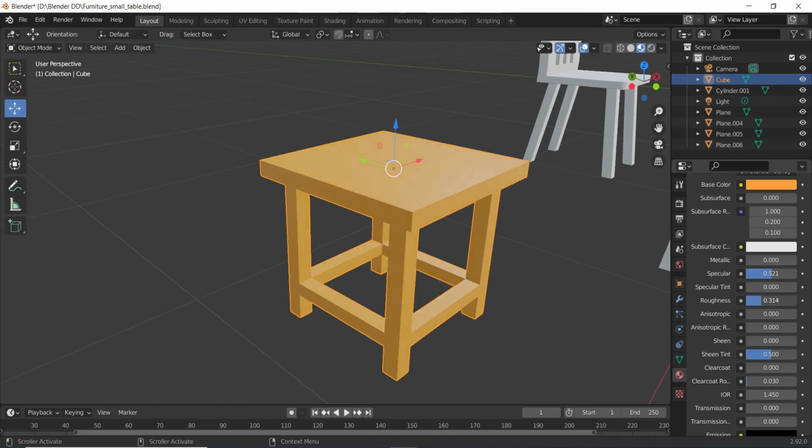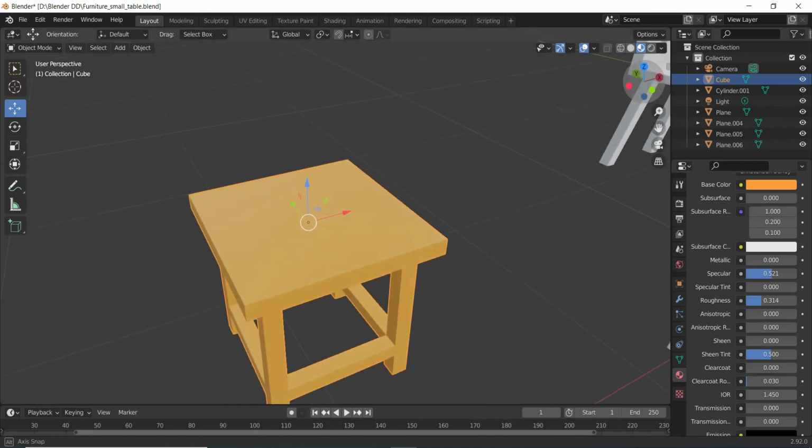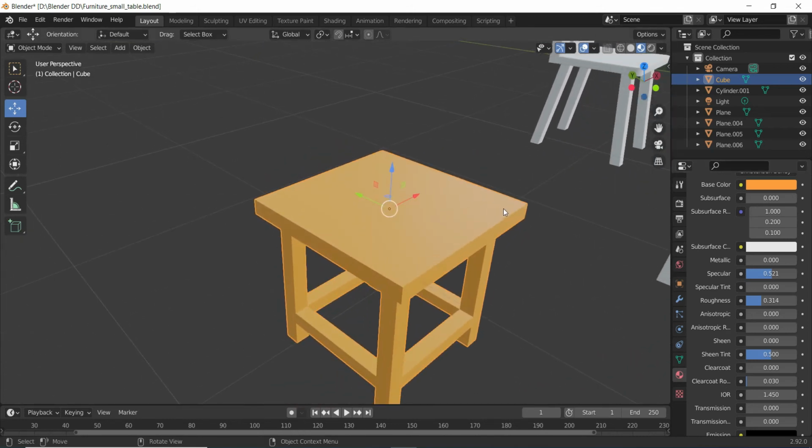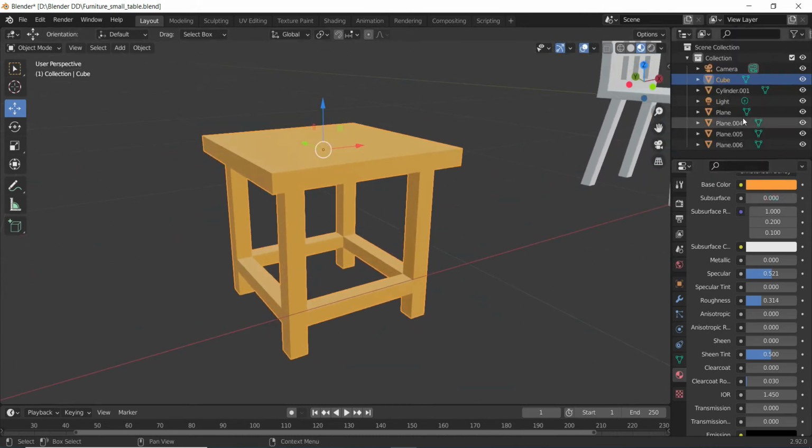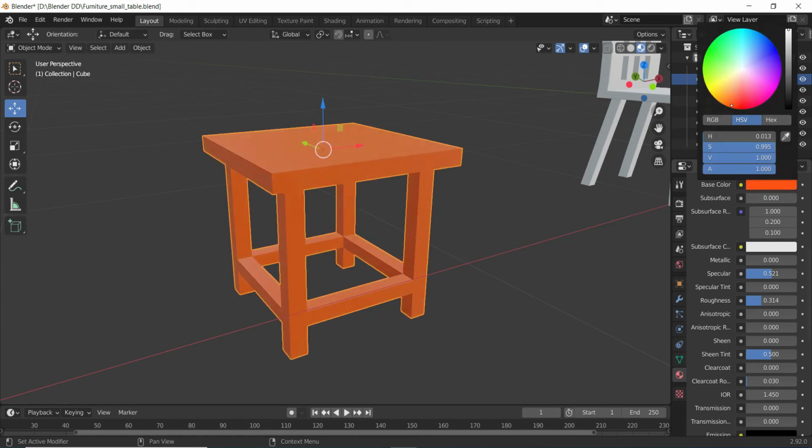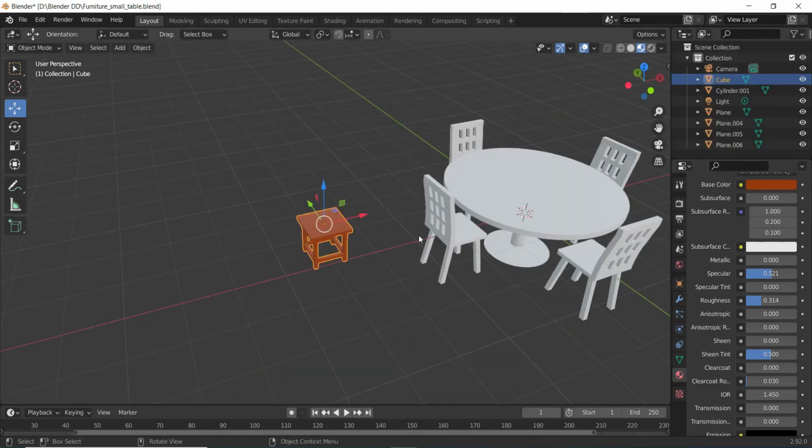So now if you see over here, it does reflect a bit of light. Okay, not completely 100%, but partial light is being reflected over here. That's why this one is looking more highlighted and this portion is looking a bit darker. So this much as of now seems good to go. I'll keep the color a bit on the darker side, like this. All right, so I'm going to leave it as of now.